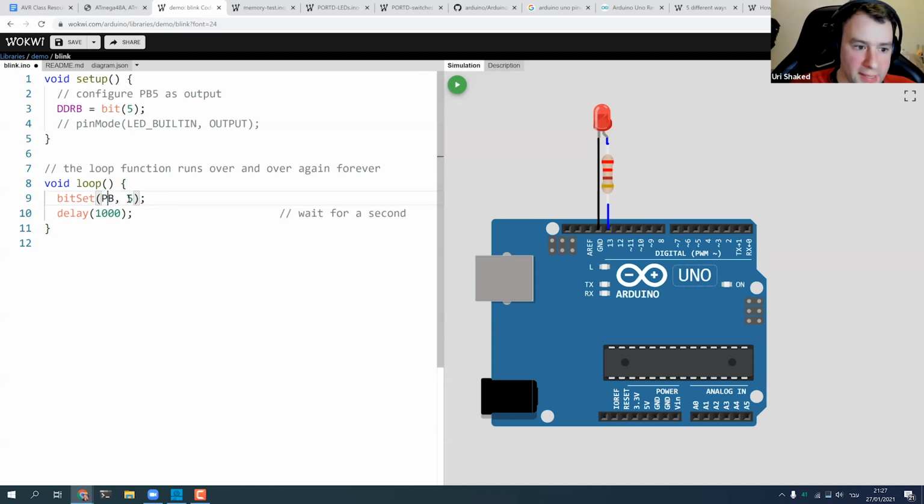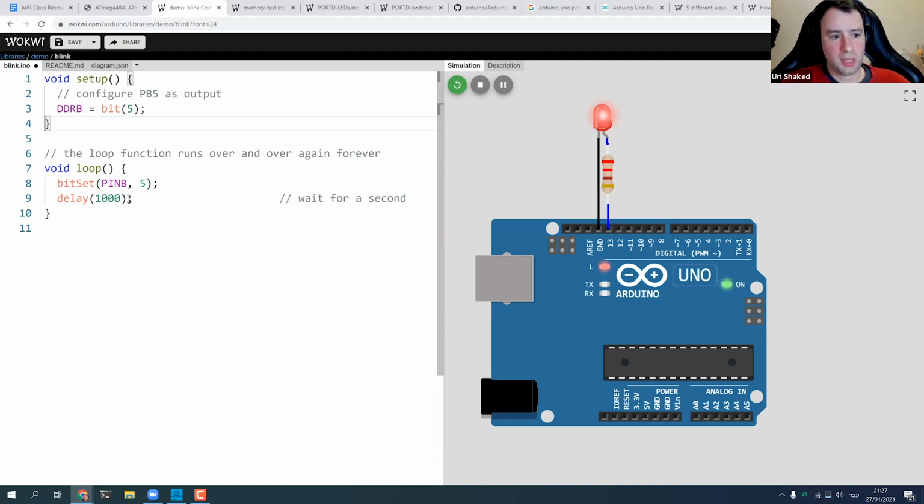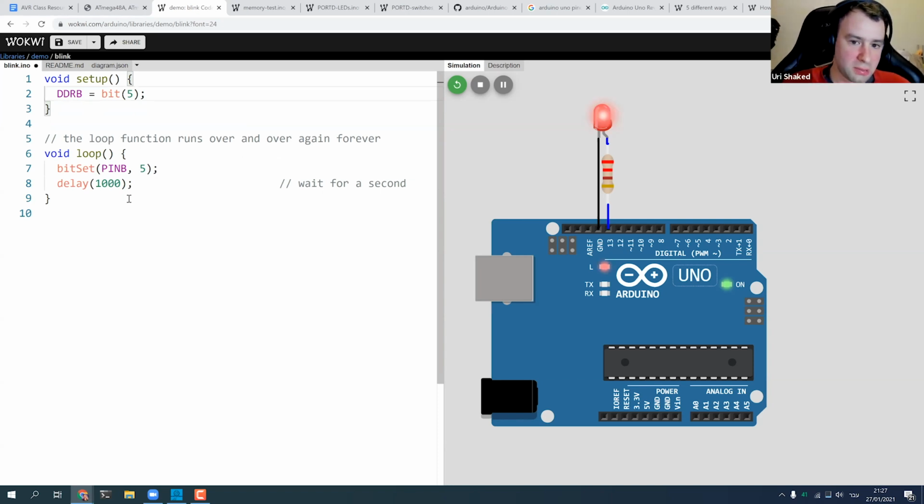But if we write to bit number 5 of the PINB register, as the datasheet said, it will actually toggle the pin. So it turns out that using the direct register access actually produces shorter code in comparison with just using digitalWrite and pinMode.